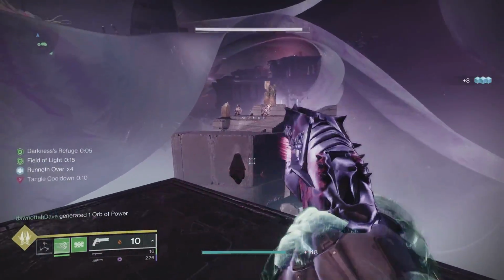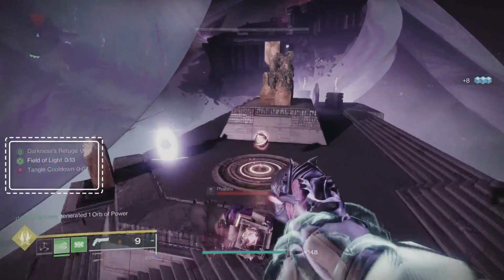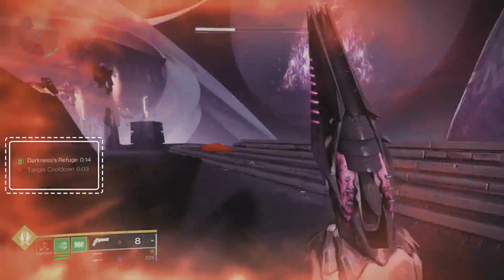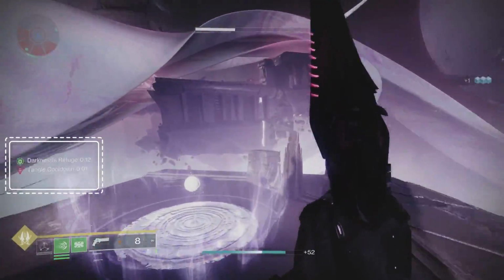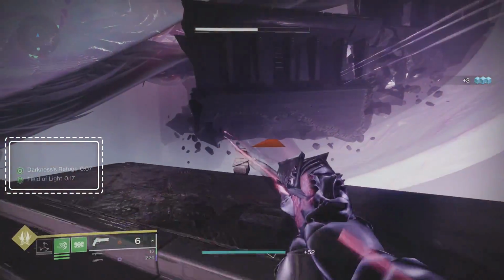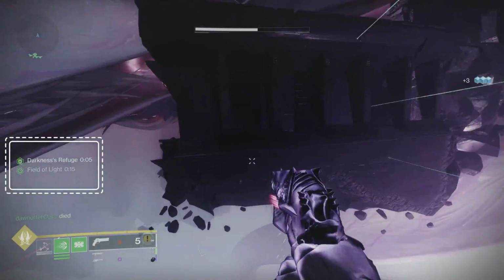To protect yourself from the pulse of death, you'll need to shoot one of the light active nodes to get the Field of Light buff, then go to a dark completed node to turn that Field of Light buff into a Darkness's Refuge buff. So long as you've got Darkness's Refuge, you won't be killed by the pulse of energy